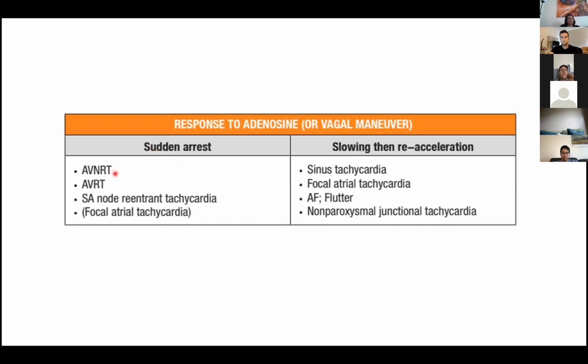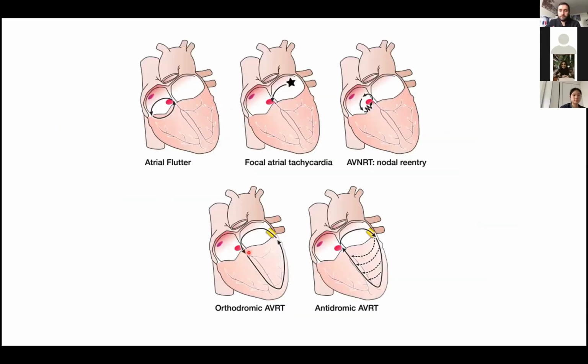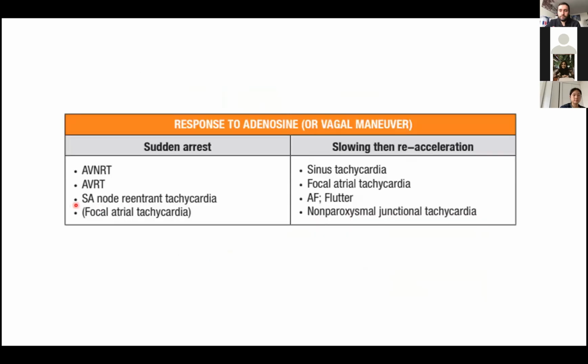Make a note that it's not always AVNRT, because remember, AVRT, let's go back to mechanistically speaking, has the AV node as an integral part of the circuit. So if you block the AV node, you're going to block this entire circuit. And sinoatrial node re-entrant tachycardia can also stop with adenosine, and very rarely, that's why it's in parentheses, focal atrial tachycardia. And then with these other ones, you're just going to have the slowing, because the AV node gets slowed down, but it's not an integral part of the circuit. So you will just see what the underlying atrial activity is,